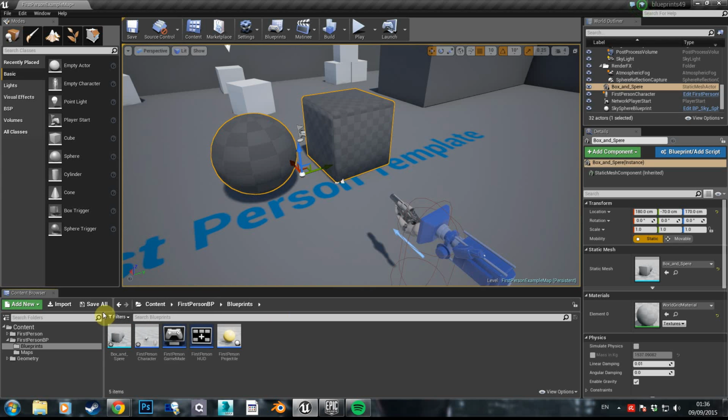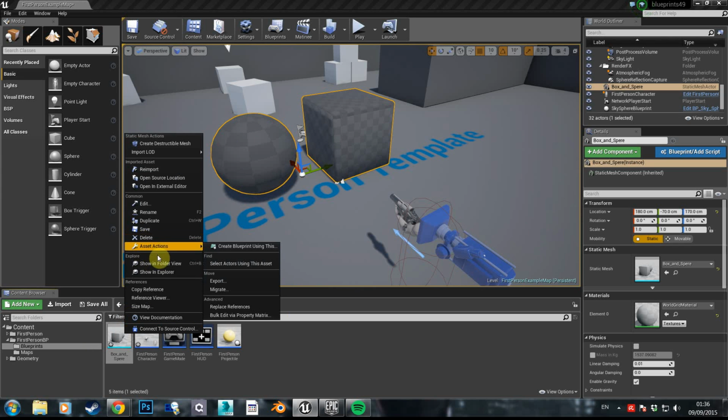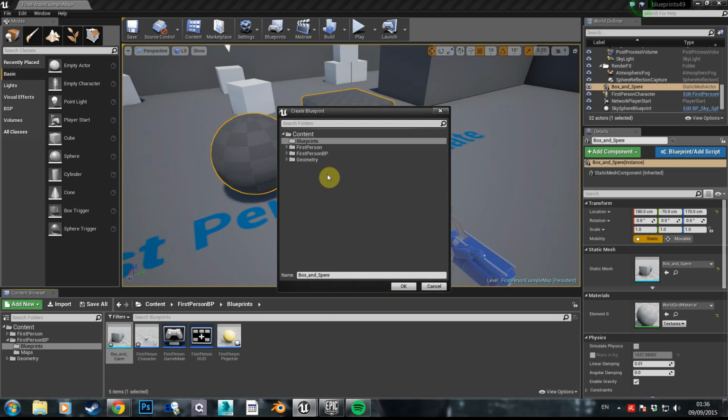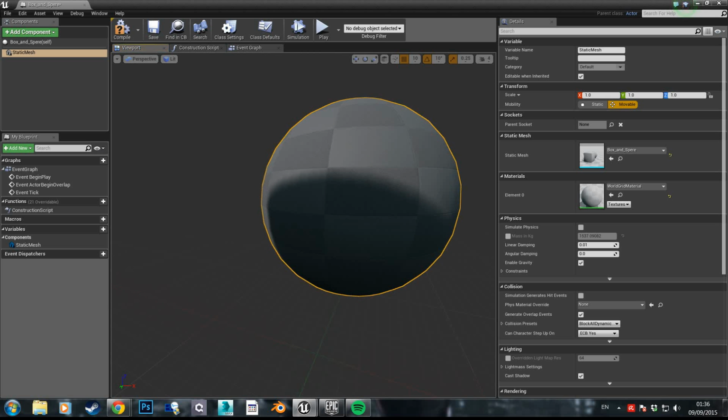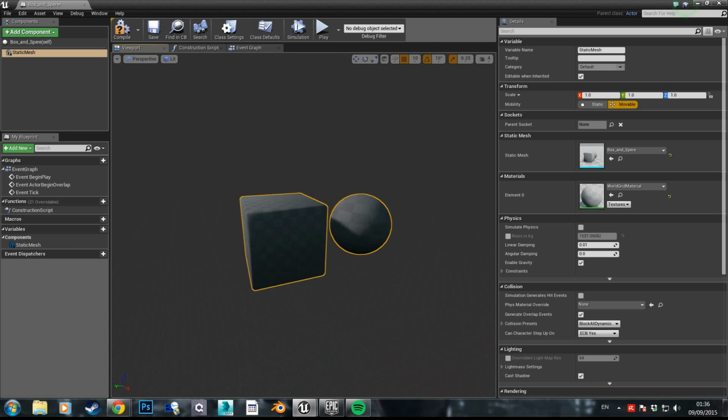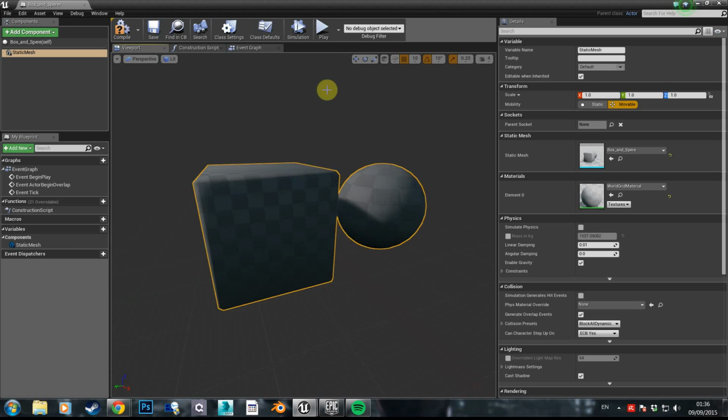And let's say I did it with the asset actions, create blueprint using this. Because if I do that, it immediately opens the blueprint editor, and what that means is we're now in that separate part of Unreal, just like the material editor, where we can